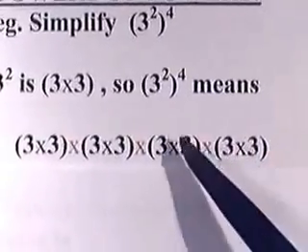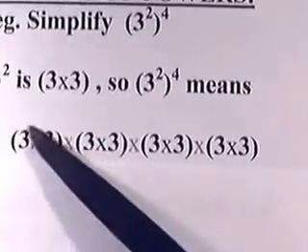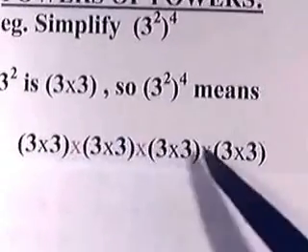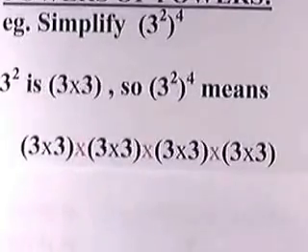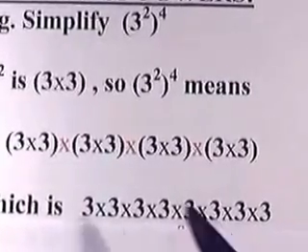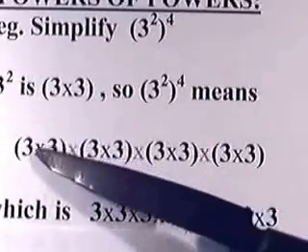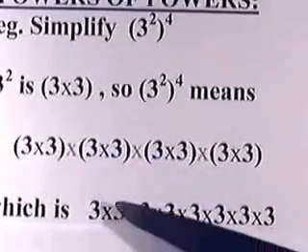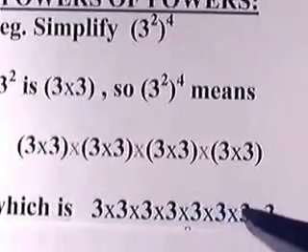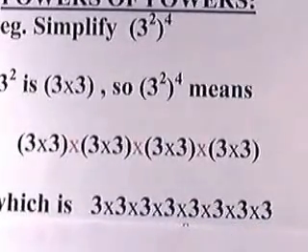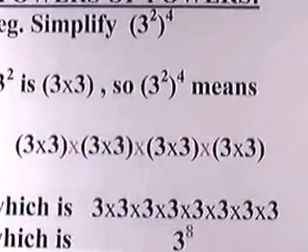You've got 1, 2, 3, 4 of these things inside the brackets, and they're all being multiplied together. Now, you don't need the brackets, because everything is just multiplied. So if you remove the brackets, you get 1, 2, 3, 4, 5, 6, 7, 8 3's being multiplied together. So, it's 3 to the power of